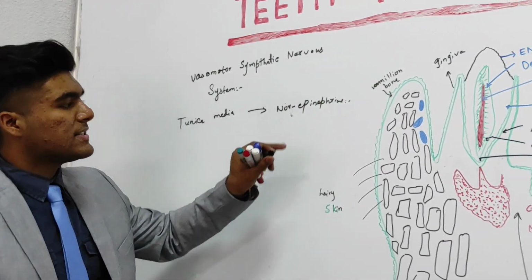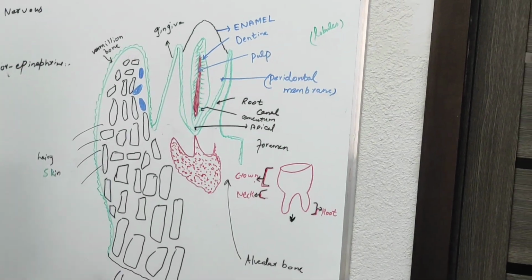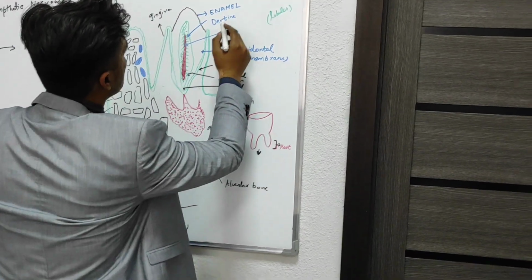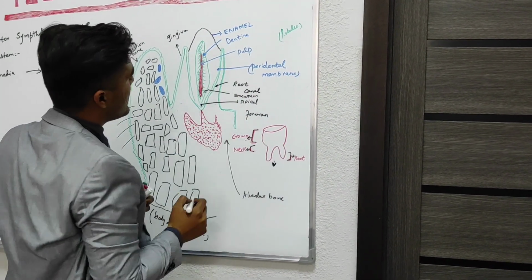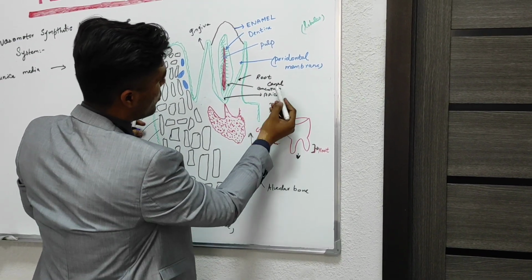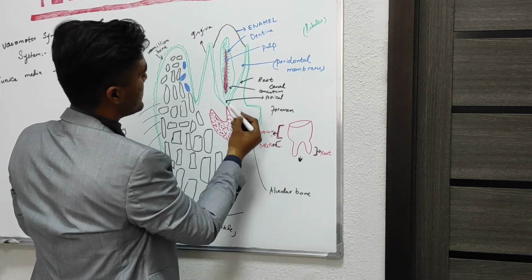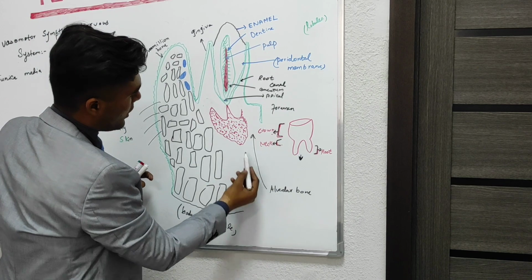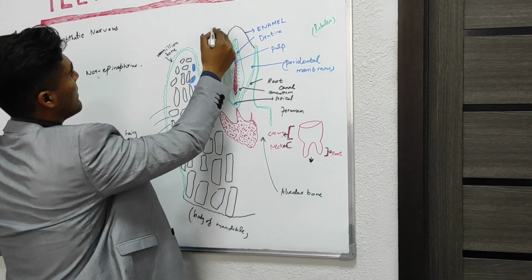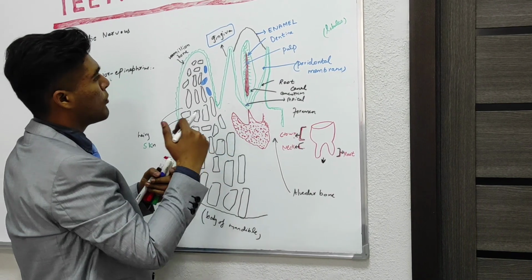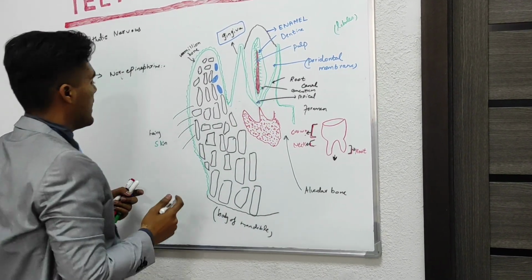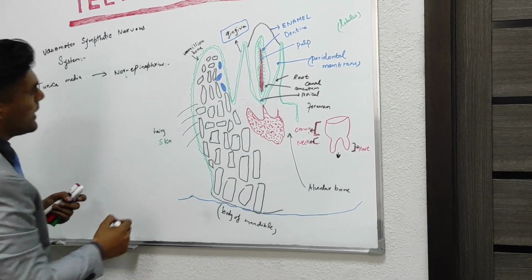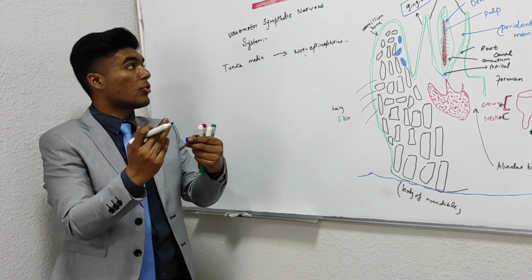Now, discussing this presented diagram of teeth histology, we are seeing enamel, the hardest covering, and after that dentine and pulp, root canal, cementum, the toughest portion that helps to maintain teeth in sockets, apical foramen right here, and alveolar bone or alveolar sockets, and gingiva is the portion that helps support the tissues of teeth, and hairy skin, and the body of mandible where it is attached to our bone. And that is basically our topic on histology of teeth.